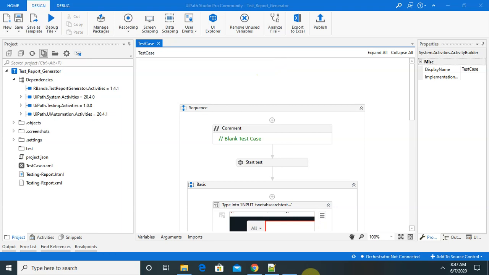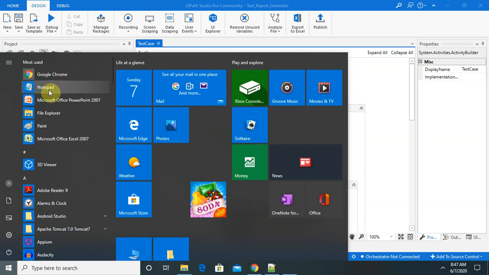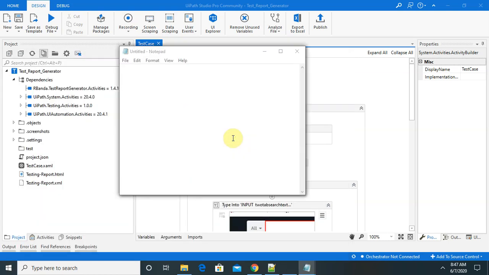In this session, I will explain how to generate a test execution report. In this session, we'll discuss how to create the test cases. After creating test cases, once we are executing that test case, we will need to summarize the report or execution report. How we will generate that execution report, I will show you. So by using one example, I will show you how to generate test execution report.